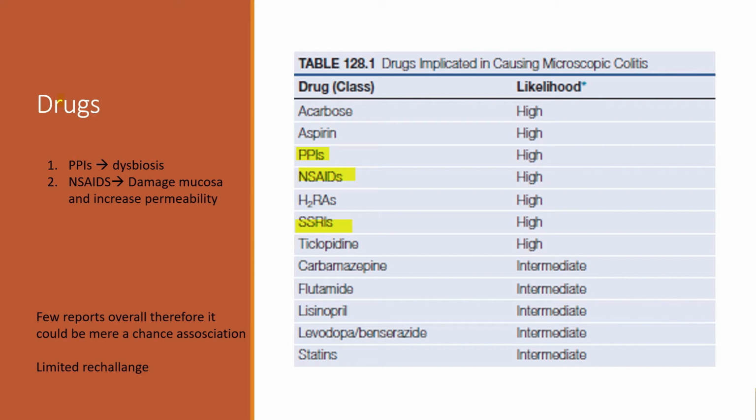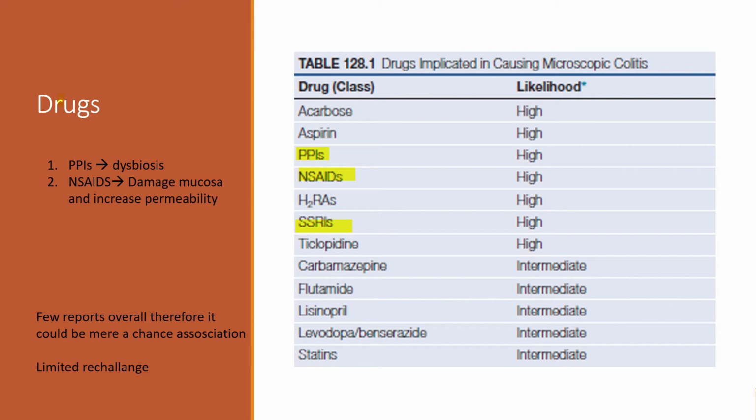One of the postulated hypotheses is that with PPI, because of decrease in acid, there is dysbiosis, which is probably one of the implicated factors for microscopic colitis. With NSAID use, there is mucosal damage and increased permeability. And the problem with all these drugs as likely culprit agents in microscopic colitis is that there are very few reports of re-challenge with the drug causing this,